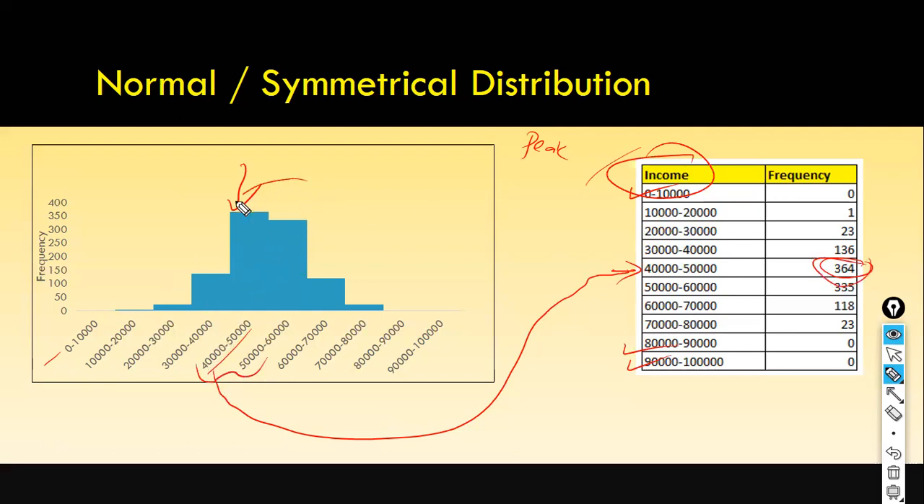So if you see here, these two are tall, right? Compared to these two, this one is the peak. This is the most common income range. But even this one is almost as tall as this one, isn't it? There's a little difference here, but still we can tell the story like: the majority of the individuals make a salary between 40,000 to 60,000,